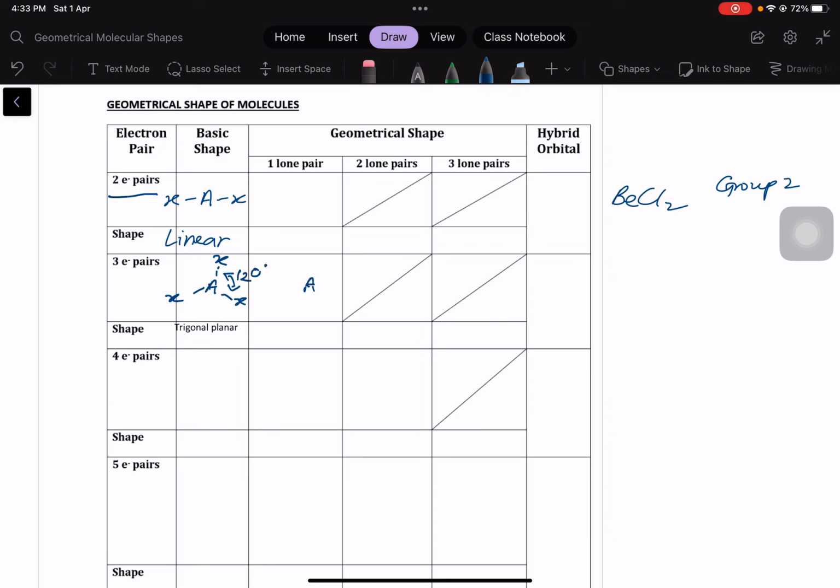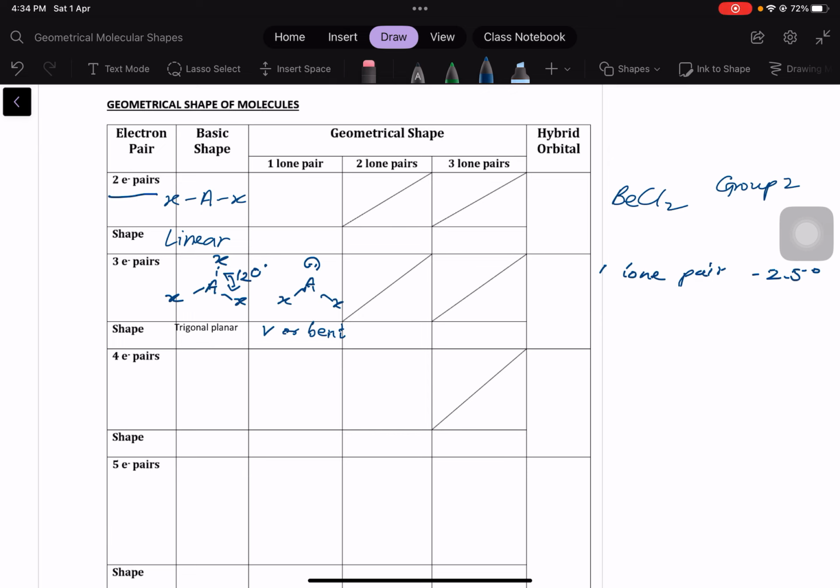And if we replace one bond pair with a lone pair, this is what you will get as a V shape, or you can also call it a bent shape. Every one lone pair, we normally will subtract 2.5 degrees approximately,